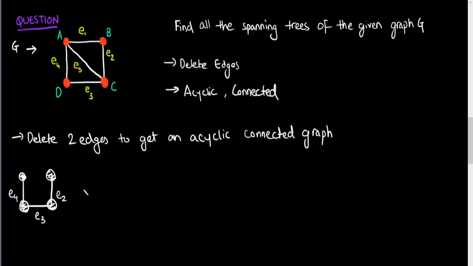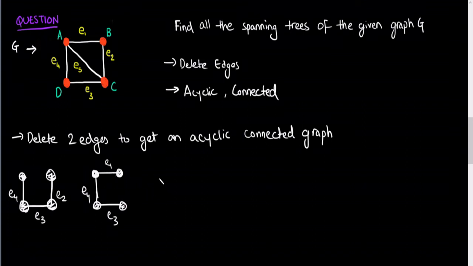So the problem is we have to list down all the spanning trees. So since we've deleted E1 and E5 for this particular example, let's say I delete E2 and E5. So I would get something that looks like this after deleting E2 and E5. Again, in this case, you can see that all the conditions are getting fulfilled. You're getting your acyclic connected graph and you're deleting your edges to get a spanning subgraph. So this is a spanning tree. So this is your E4, E3 and E1.